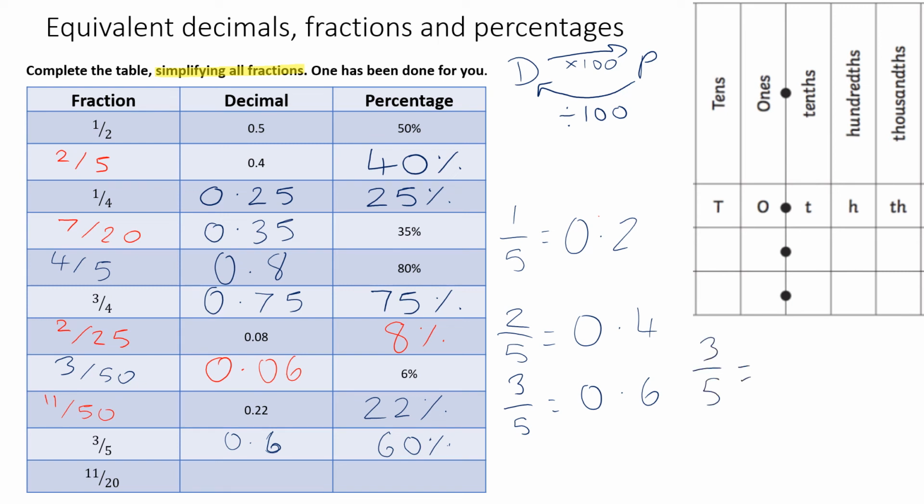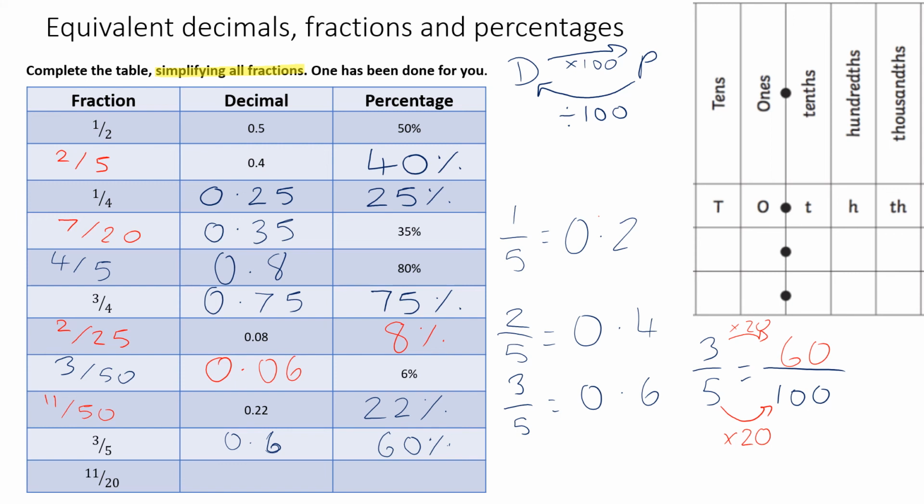3/5. Well, percentages are out of 100. What did we do to get our fraction out of 100? 5 to 100, we multiply by 20 to get 100. What we do to the bottom we must do to the top, exactly the same, in the same direction. 3 times 20 is 60. 60 out of 100, 60%,